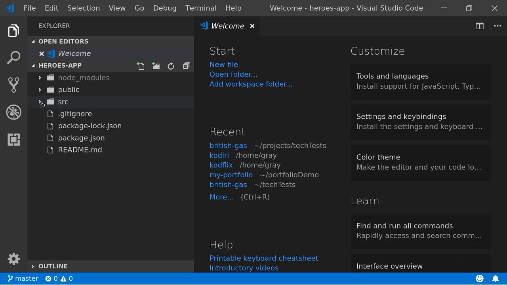Heroes app, yeah, that we're doing. Anyone not there? Just stick your hand up if you're not there. Mine's still loading. Yeah. Someone will be down to see you in a second, yeah? Just to help you